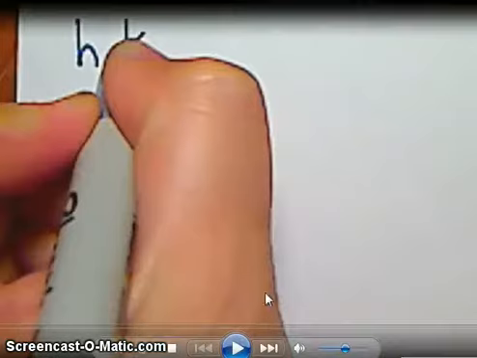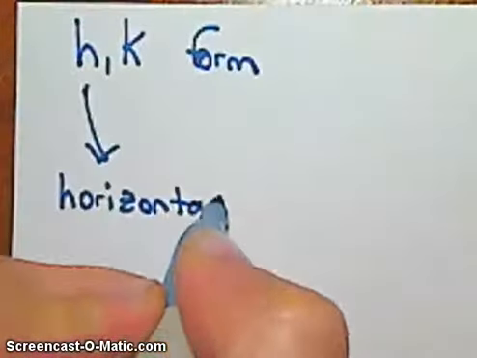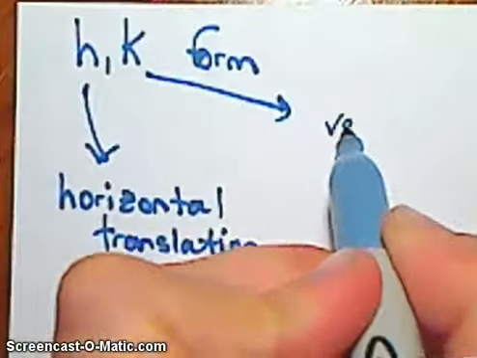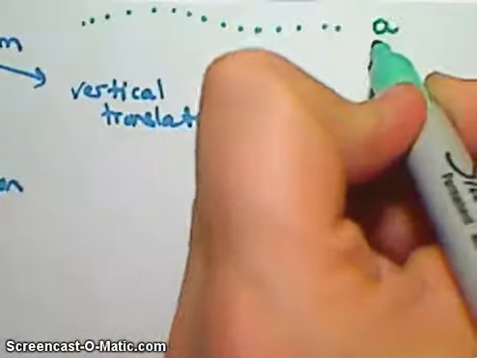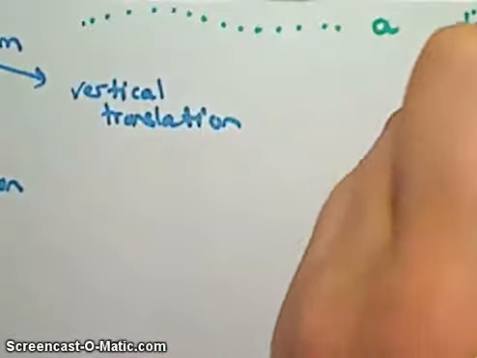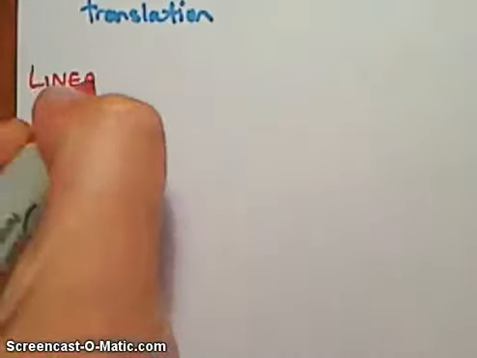So this is going to be a really quick video about looking at the different sorts of equations. You'll probably want to pause and stop it at different places so that you can write them down if you haven't got them in your book already. Horizontal translations, vertical translations, and dilation and reflection. They're the four things that we're looking at related to H, K and A in this particular sort of description